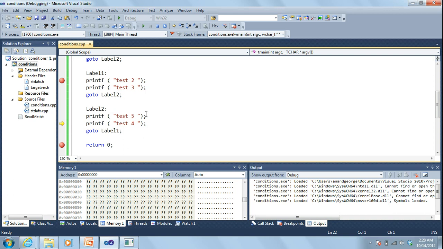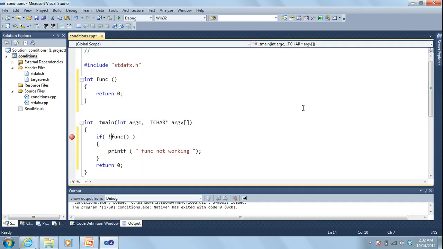So this is one of the problems with goto. It will be very difficult to figure out the flaw of the program by looking at the code. So you are making the code flow non-linear. So it's always good to have top to bottom flow for the code. So this is one last thing I wanted to show you in this presentation,